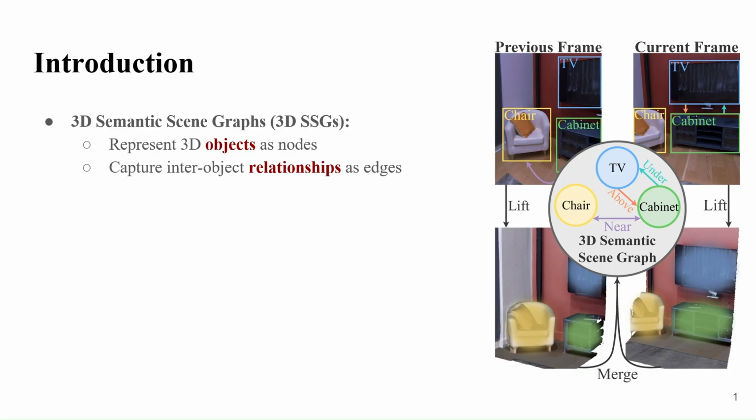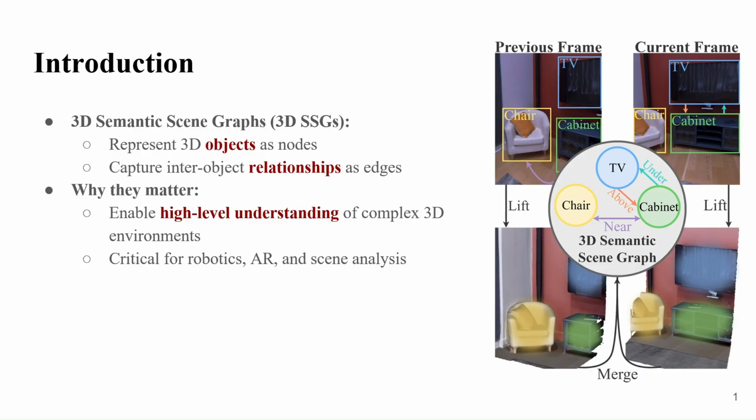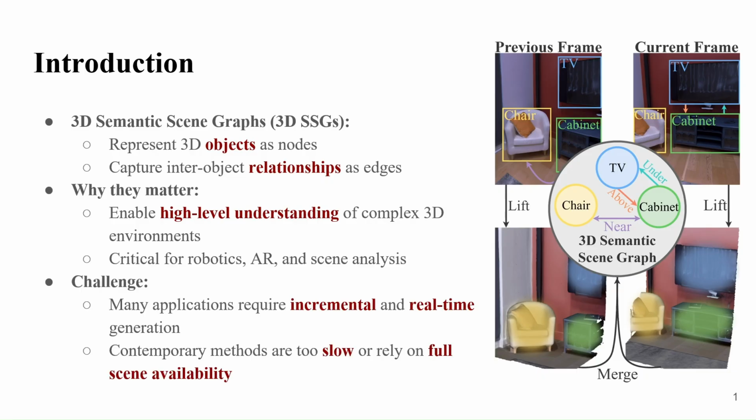First, let's briefly define what a 3D semantic scene graph is. It's an abstraction of a 3D scene that represents objects as nodes and their interrelationships as edges. 3D SSGs enable high-level understanding of complex 3D environments and are particularly useful for applications such as robotics, augmented reality, and scene analysis. However, many of these applications require incremental and real-time generation, something that most existing methods cannot achieve